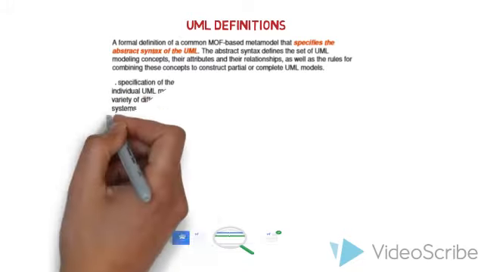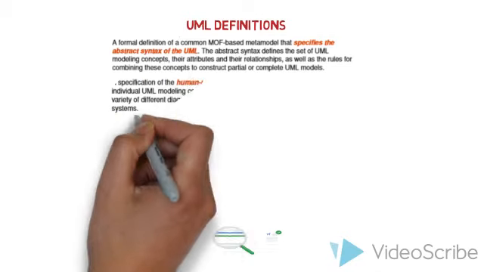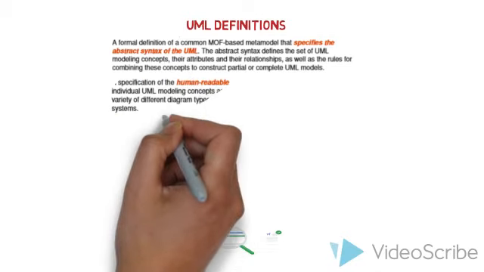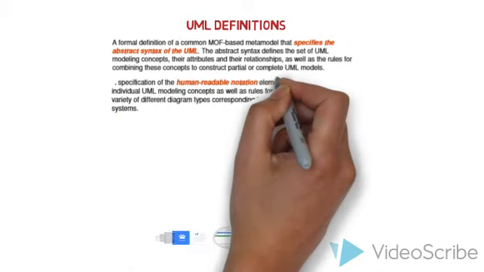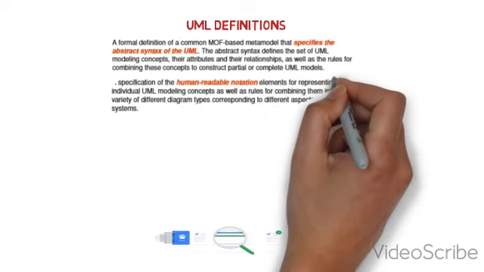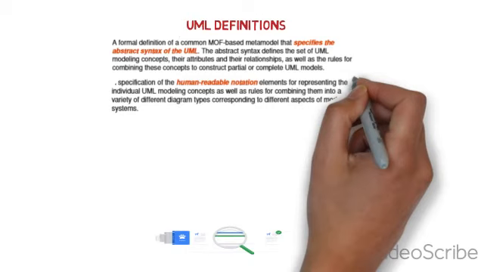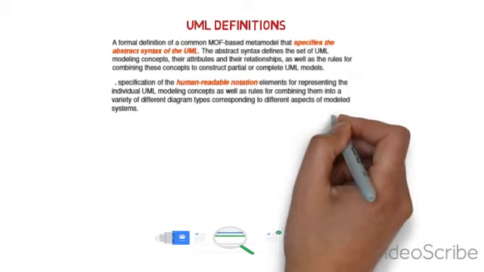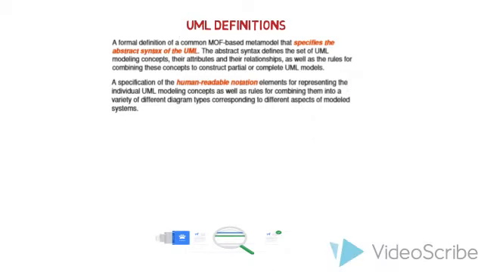Another definition of UML says that it is a specification of the human readable notation elements for representing the individual UML modeling concepts as well as the rules for combining them into a variety of different diagrams corresponding to different aspects